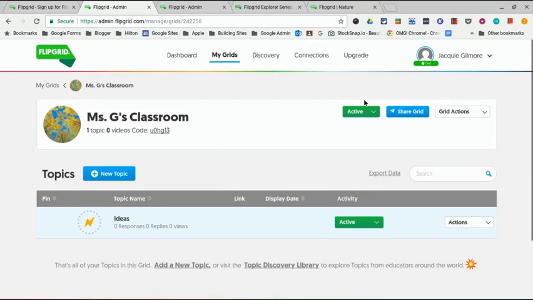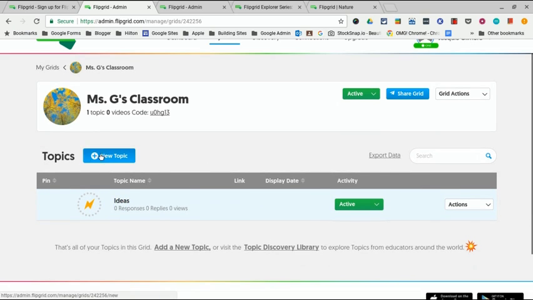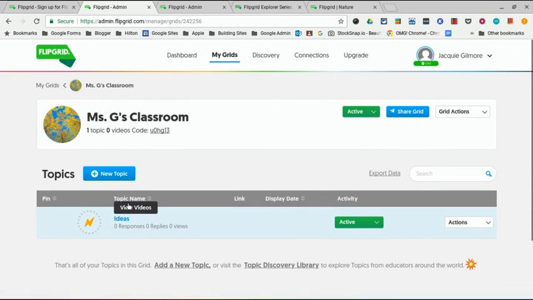So here's my grid now, and then here will be my topics. I can add new topics by clicking on the plus sign here. And the idea is also a 30-second video that sits on the top of your grid. Students could just do it as a quick reflection, like "today made me think about" or "I'm really excited to learn about this part tomorrow." Just kind of like a quick